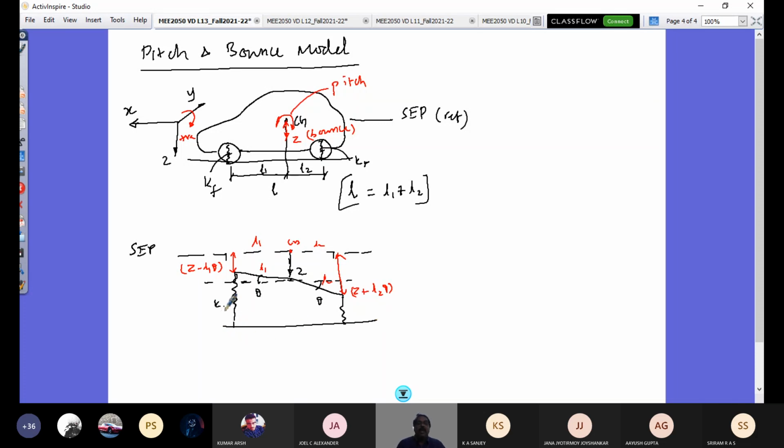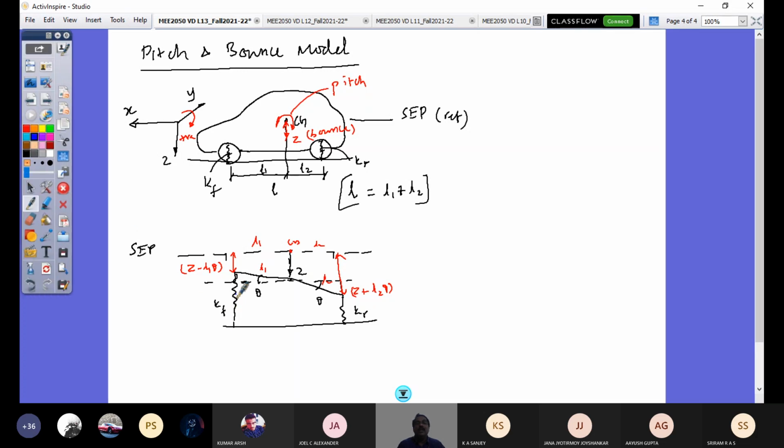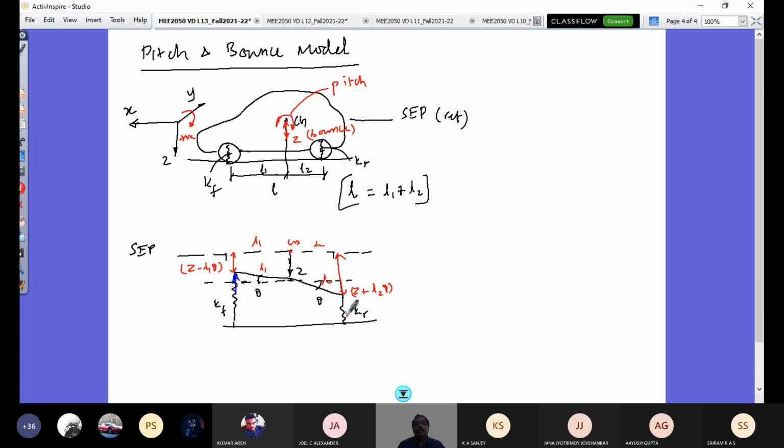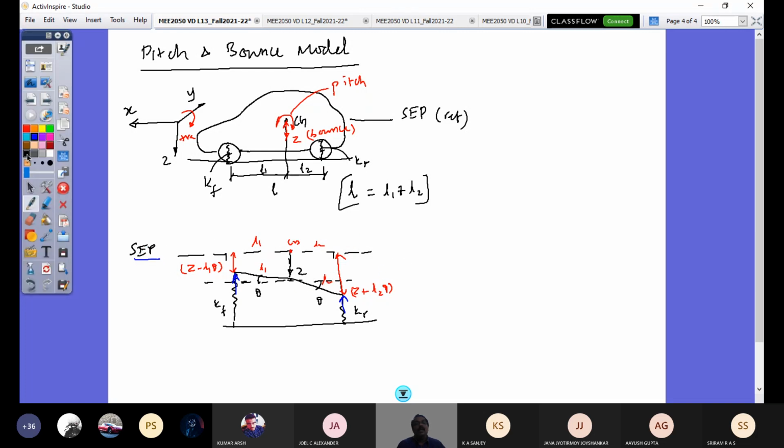And here the spring is Kf, the suspension spring rate of the front axle, and Kr, the suspension spring rate of the rear axle. So if I have one spring on one side and one spring on the right side, then the equivalent addition is what? This is Kf, front suspension spring, and rear suspension spring together. So now you know that in the free body diagram, the spring force would act upward, because that would be bringing this always to the reference location, which is our static equilibrium point. On the other hand, you see this entire thing is